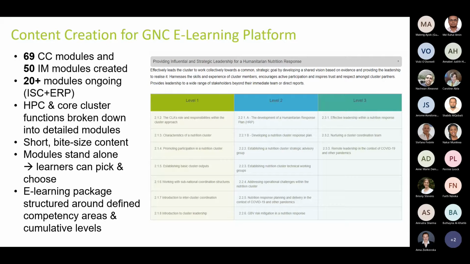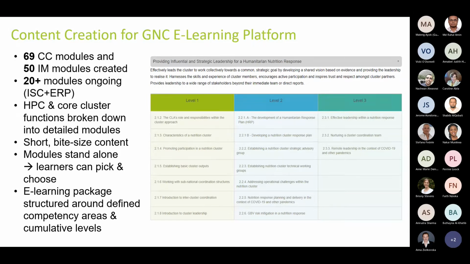And there's a large amount of modules, and the large amount really reflects the need for detailed content that is short and bite-sized, so learners can easily take it on board. And since the modules are standalone, though they do refer and link to each other, learners can pick and choose the learning that suits their needs and availability, so they can do the modules at any time, in any place,